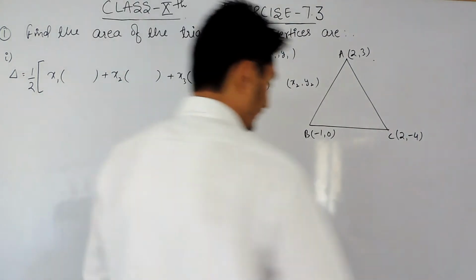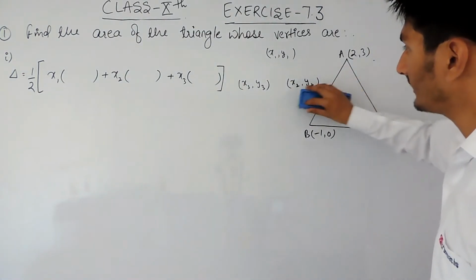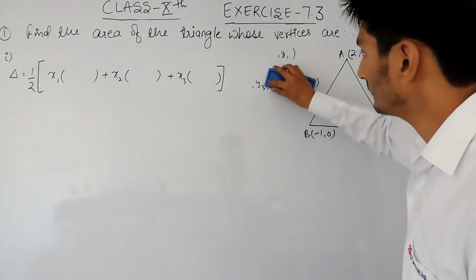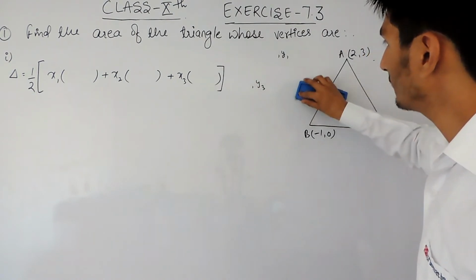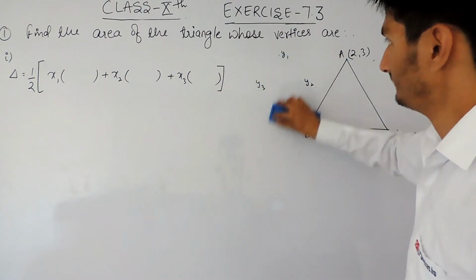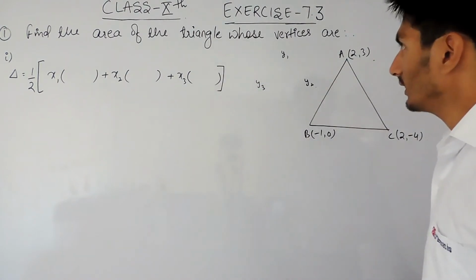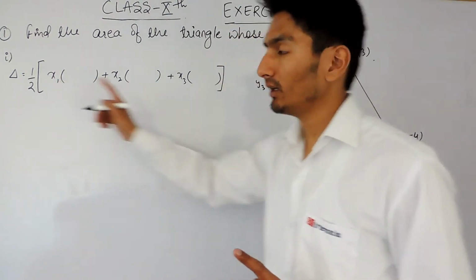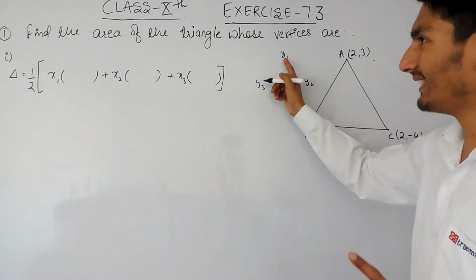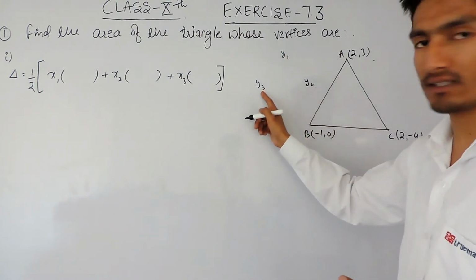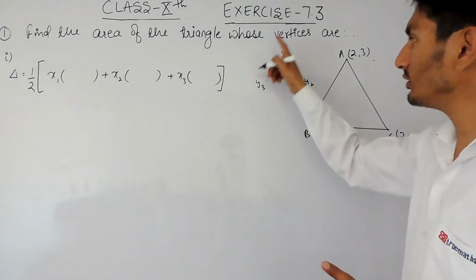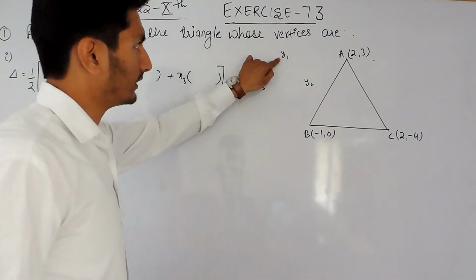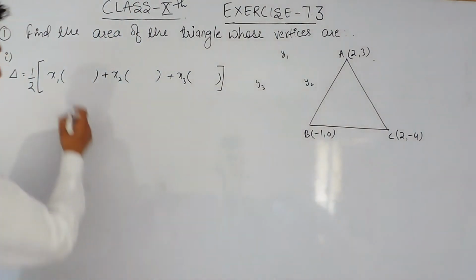Now I have already written the x coordinates, so I am only left with the y coordinates. When you have written for x1, in that case you have to subtract this minus this. And one thing is important, you have to go clockwise. So when I have written for x1, you have to subtract y2 minus